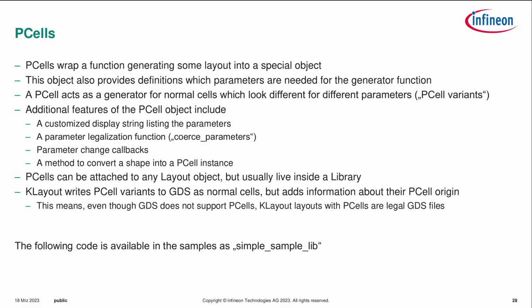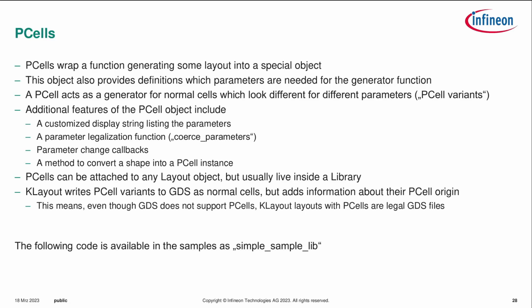The only difference is that a P-cell can be configured, and if I set a parameter internally, KLayout will build a variant that represents a particular parameter set and then offer this cell for placement. A P-cell also offers other services. One is to generate a display string that is shown. It also allows you to define a parameter legalization function, for example, to enforce limits. You can also define parameter change callbacks that are connected to the user interface. So once someone changes a parameter, you can take some action,